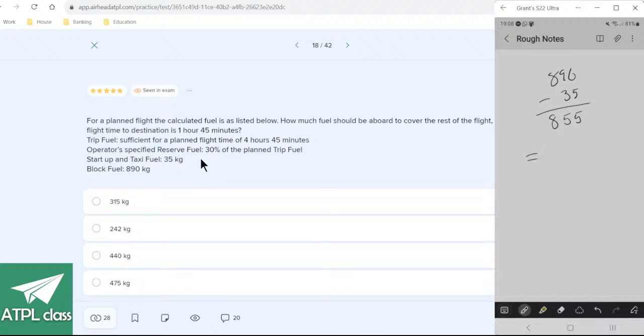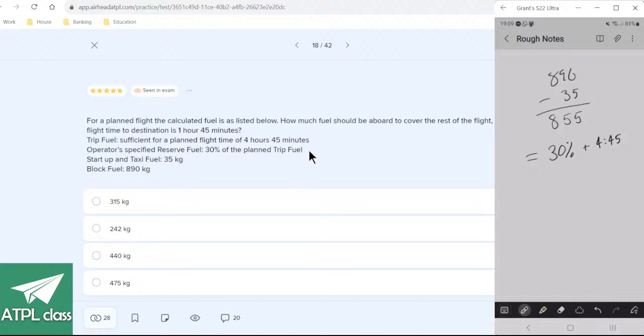is equal to 30% plus 4 hours 45. So we could do 4 hours 45. This is weird. 4 hours 45 plus 30% of the planned trip fuel. So if we add 30% of the time, then we could work out how much fuel is on board. 855 is 4 hours 45, and the operator's specified reserve fuel is 30% of the planned trip fuel. So if we extend the trip flight by 30%, then we'll get